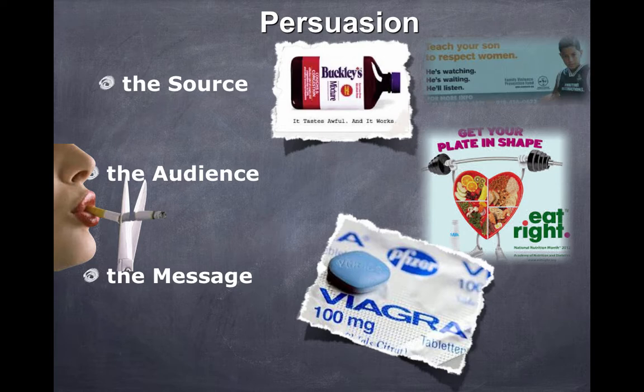one-sided messages are more persuasive if the audience is not very informed. So we pass this information on to you, you're not that informed, you will accept this information more easily. Whereas two-sided messages are best when audiences are well informed, fairly intelligent, and initially opposed to the point of view you're trying to convince them of. Appeals based on fear are most effective when definitive actions are outlined so the audience can avoid them. So you quit smoking because you've seen a nasty picture of a lung or throat cancer.